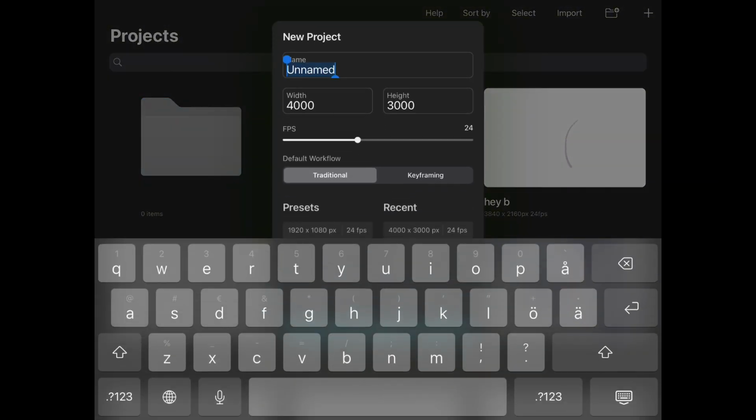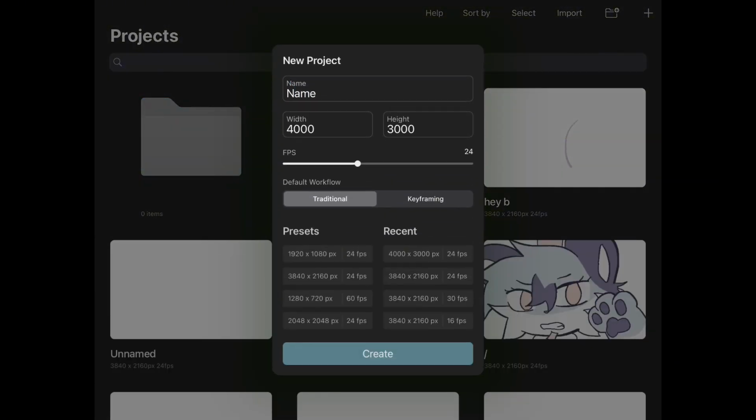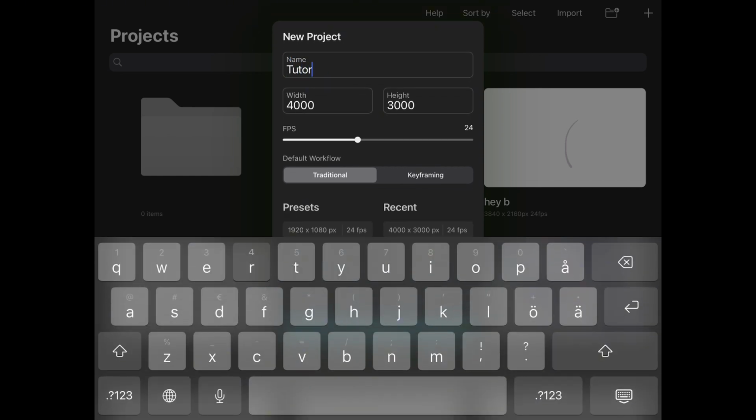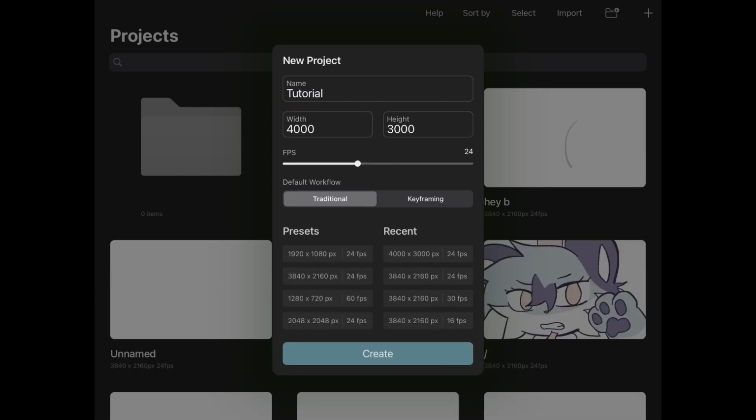You can name your project, and then you can set the preset, or you can also choose your own canvas size and FPS, and FPS means frames per second. I like to use 24 FPS and that canvas size, but if you're a beginner, you may want to go with a lower FPS like 16 or 15. Then you want to click create. Okay, this might seem a little complicated, but you'll get used to it eventually, or I did in 2 hours,